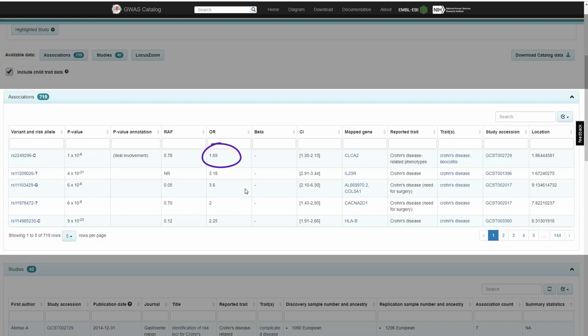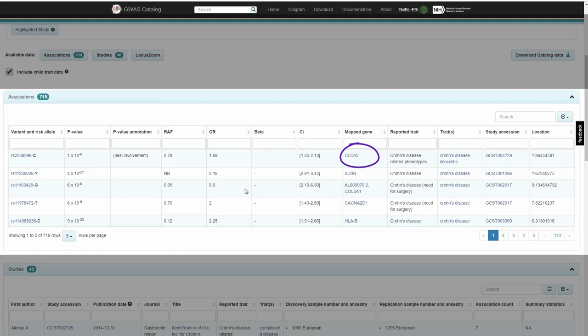RS2249296, indicating that the odds of disease risk in presence of the allele C is 1.69 that of the odds of disease risk in absence of this allele. The higher the odds ratio for a variant, the higher is the contribution to the disease risk. The mapped gene column indicates the genes to which the variant is mapped.